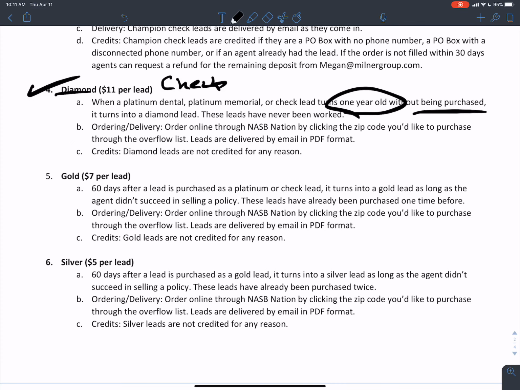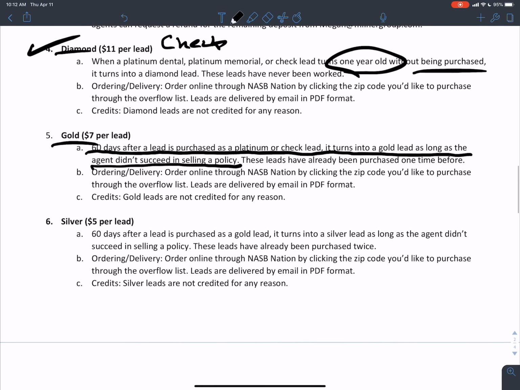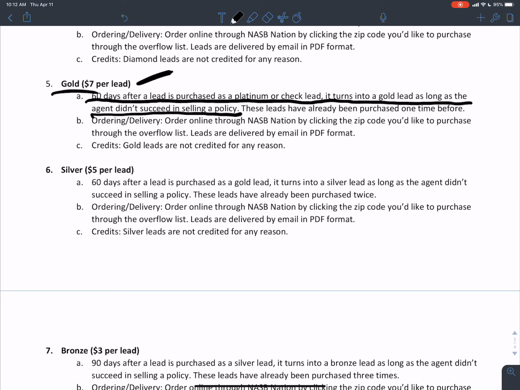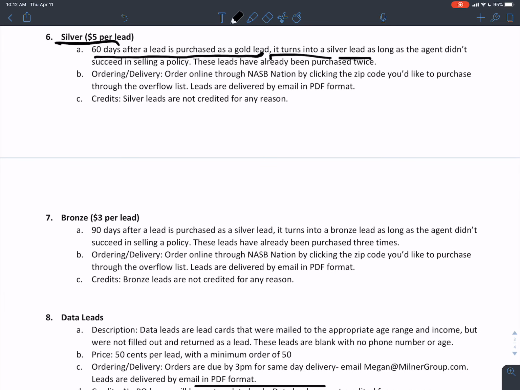Next is the gold lead. Again, a gold lead, 60 days right there. 60 days after a lead is purchased as a platinum or check lead, it turns into a gold lead as long as the agent did not succeed in selling it a policy. Pretty simple, right? You can buy it as a gold lead. These are hot leads. They sell quite a bit of those. We sell a lot of gold leads. Silver leads, same idea. 60 days after lead is purchased as a gold lead, it turns into a silver lead. Get the trend. Bronze lead, 90 days after lead is purchased as a silver lead, it turns into a bronze